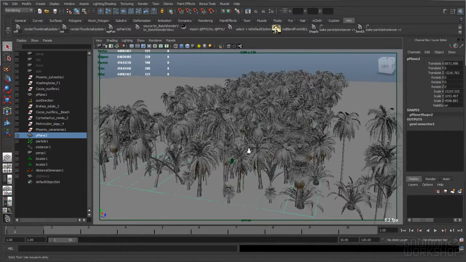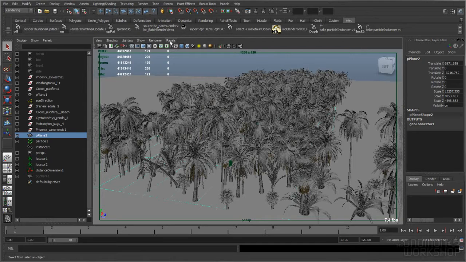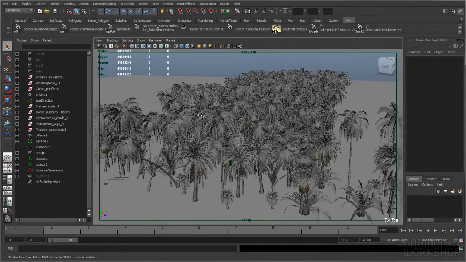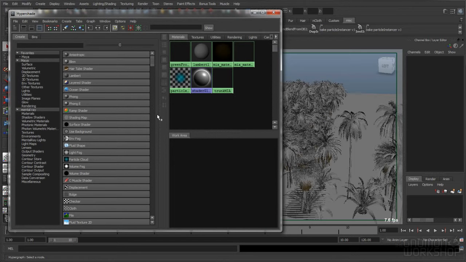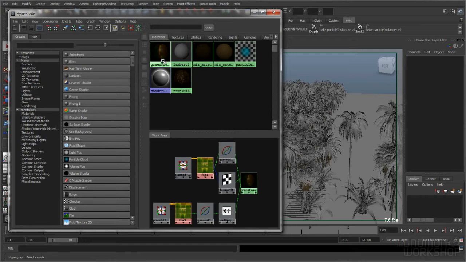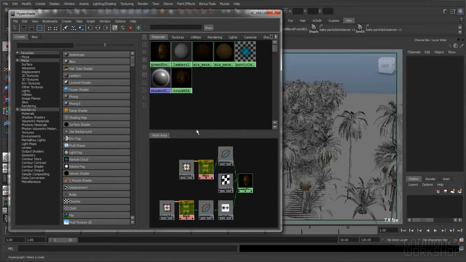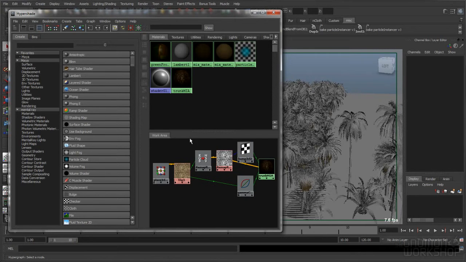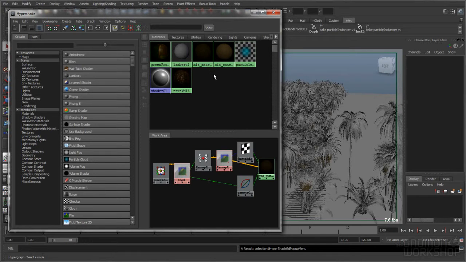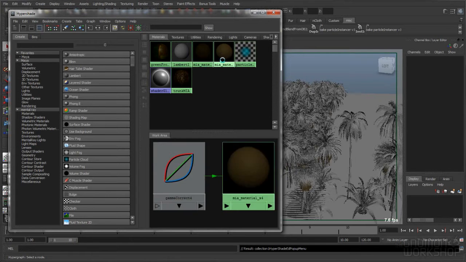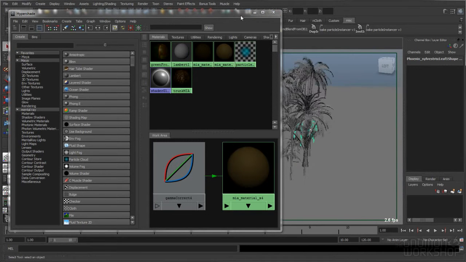So I've got my different trees, keyframe my camera in different positions, and from a shader perspective, you can see the outliner is practically empty. We have, again, my same shader on the leaves, same shader on the trunks, and it looks like I was lazy and didn't fix the one on the ground. So yeah, I still have that dumb shader